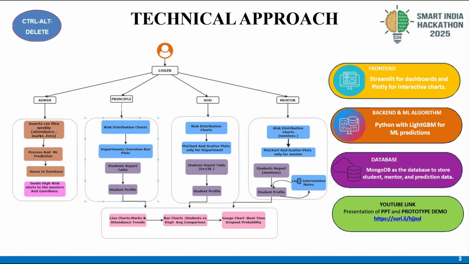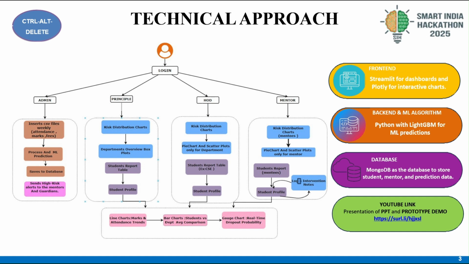Let's dive into the technical architecture that powers PRISM. The system starts with a central login that provides a unique role-based dashboard for four key users: the admin, the principal, the HOD, and the mentor. The admin uploads the weekly data files, which triggers the ML prediction and automatically sends high-risk alerts to mentors and guardians. The principal gets a high-level institutional view with risk distribution charts and department overviews. The HOD sees similar data but filtered specifically for the department. Finally, the mentor gets a focused view of only their assigned mentees and can log intervention notes, creating a vital